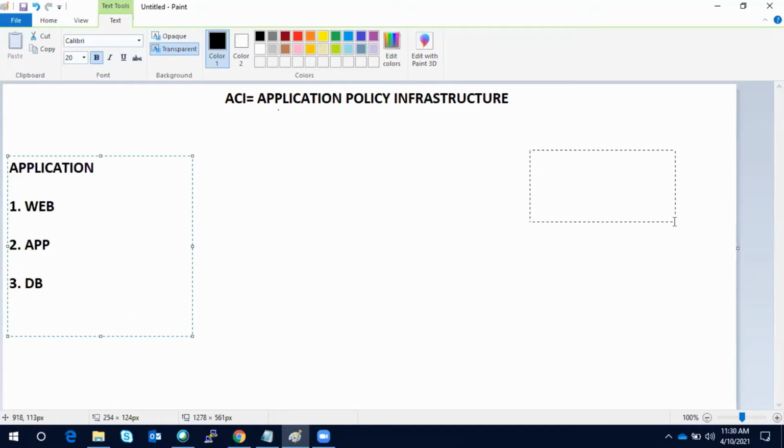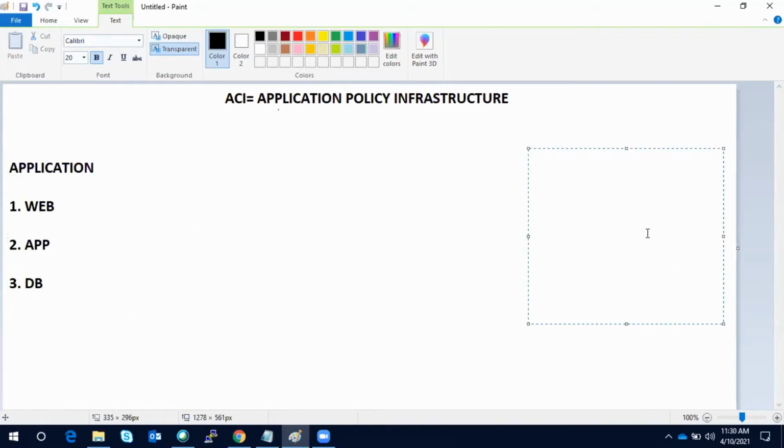But what we talk about is VLAN, subnet, and routing. So there was a huge gap between these two entities. Let's say the application team says that they have to deploy a web server. For you, it does not matter what they are going to deploy. You will ask them, can you tell me which VLAN you want this server to be put in?